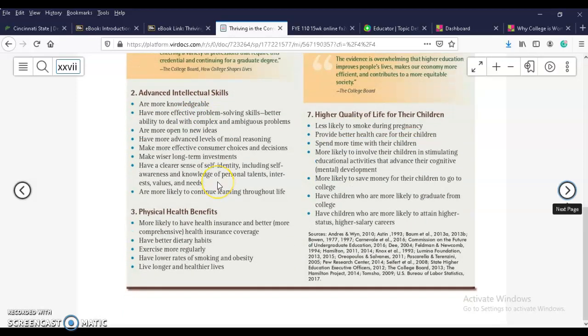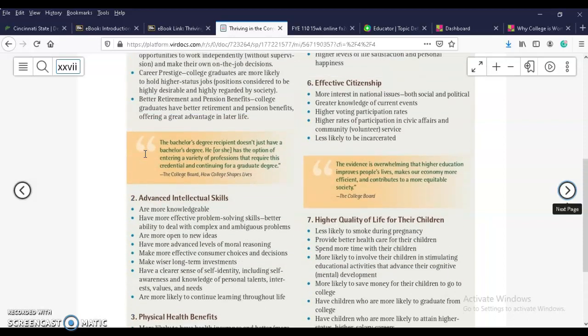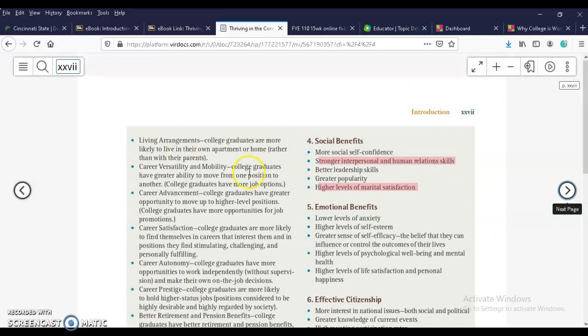So you're going to read through these bullet points and then decide how you would rank these in terms of your own personal reasons for attending college. So these are not in specific order, but you want to put them in order of importance for the reasons why you're attending college. Along with ranking them, you're to choose 2 of these bullet points. You don't have to make your own bullet points up, just choose 2 of the bullet points that represent why you chose the benefit.